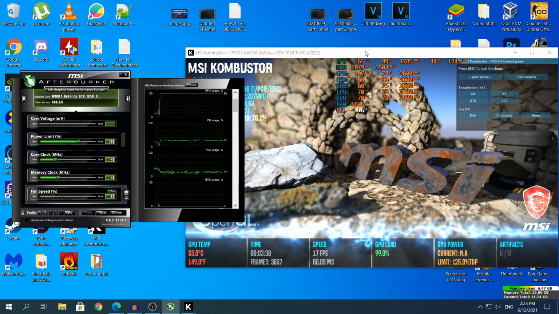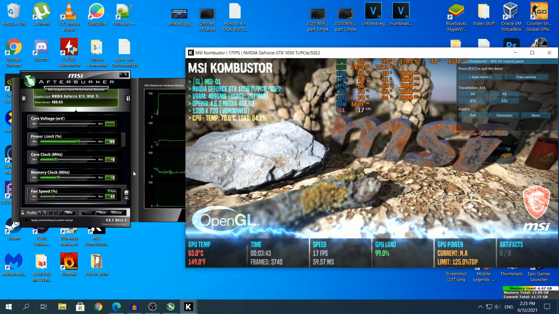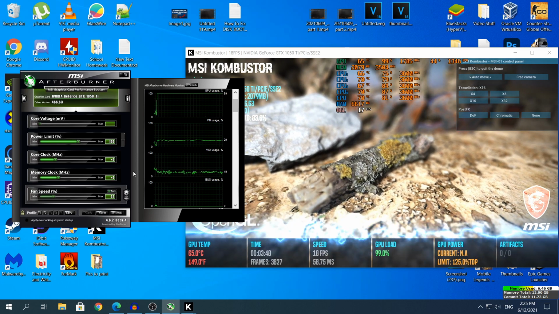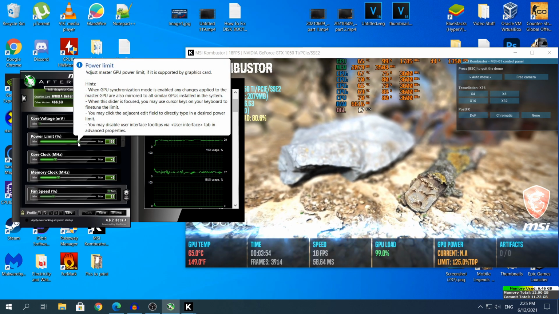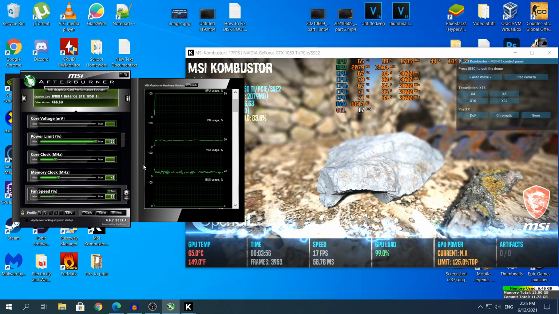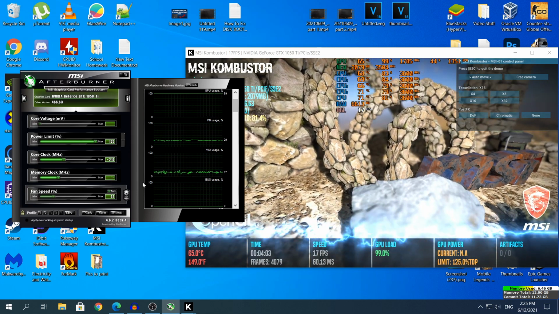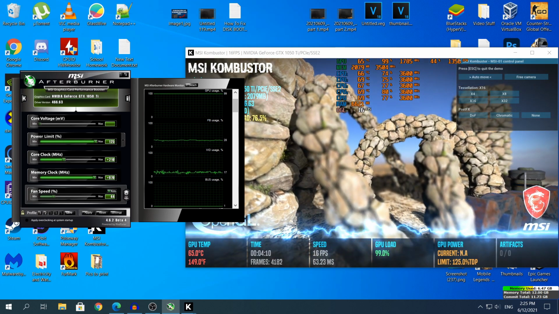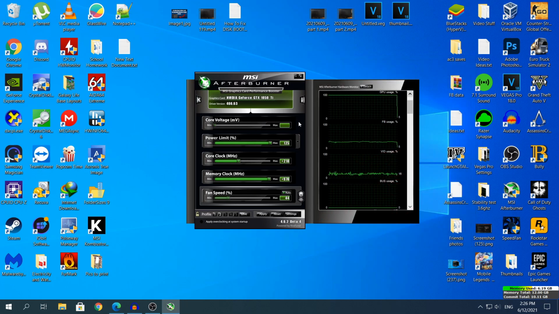And as I said on the core clock, once MSI Afterburner crashes or freezes, find the last stable number and then increase the number 5 megahertz every 5 minutes to see where its limit is. For my GPU, for the folks that have the GTX 1050 Ti, my numbers are plus 210 megahertz on the core clock and plus 970 on the memory clock right here. These are the numbers for the GTX 1050 Ti. And yeah, if you have the same GPU as me, copy the numbers right here. And yeah, that's basically it.